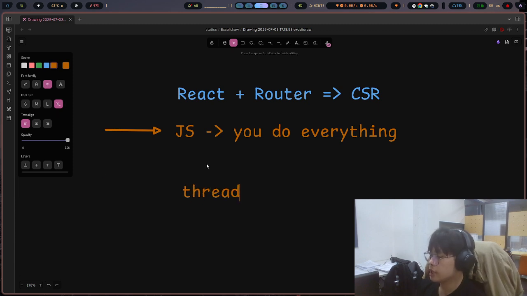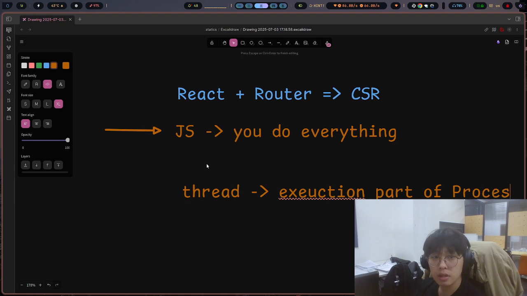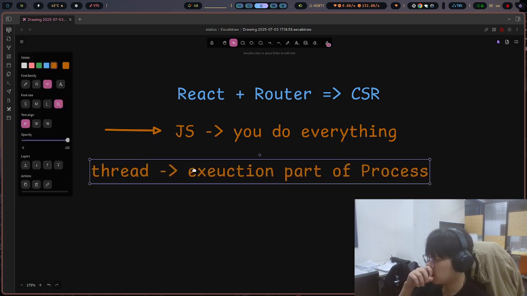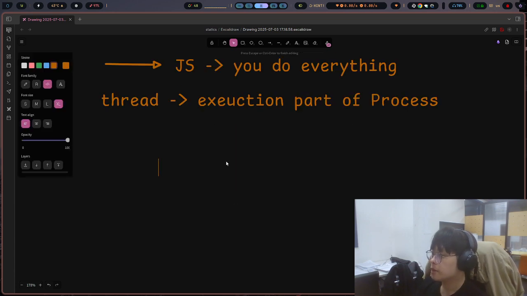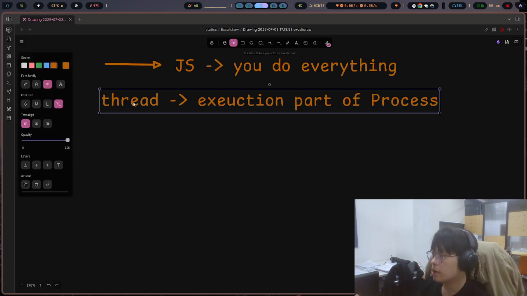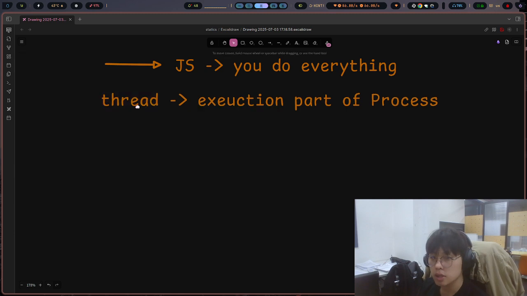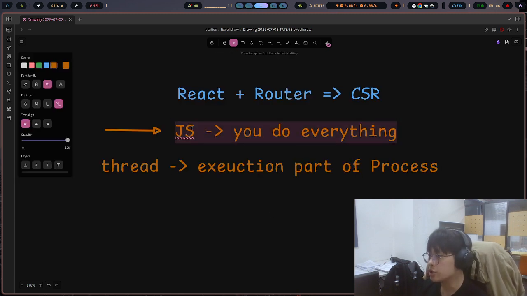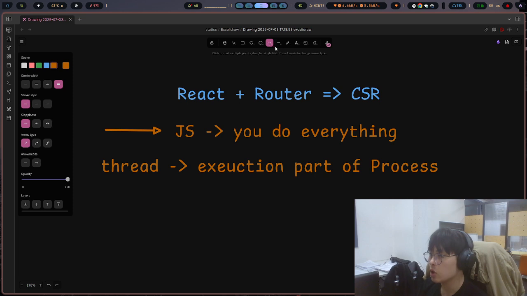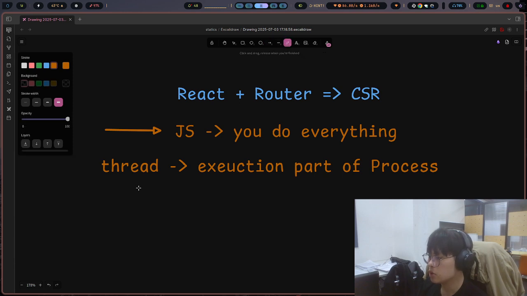A thread is actually the execution part of the process. So you have to think about how much time cost this thread has. The more JavaScript you manage, the more you occupy the thread. I don't know how to say it in English, but the more you occupy the thread,